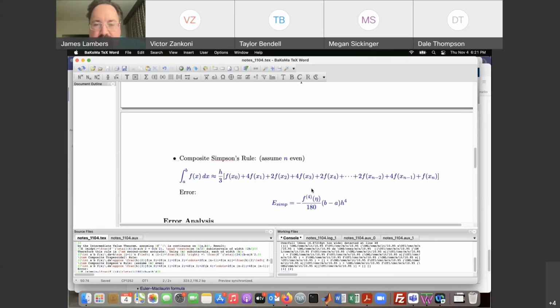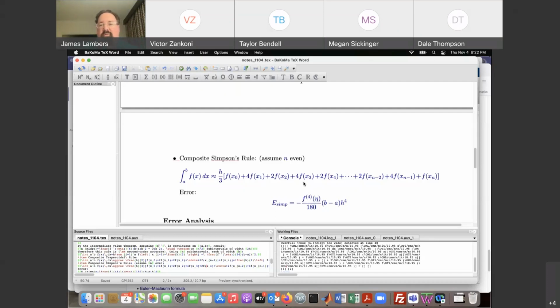And the error for Simpson's rule is proportional to h to the fourth. So composite Simpson's rule is fourth order accurate, by contrast to midpoint rule's second order accuracy. And because of that higher order of accuracy, it depends on a higher order derivative. So if a function is not 4 times differentiable, then this rule might not be so accurate. So that's something to keep in mind: